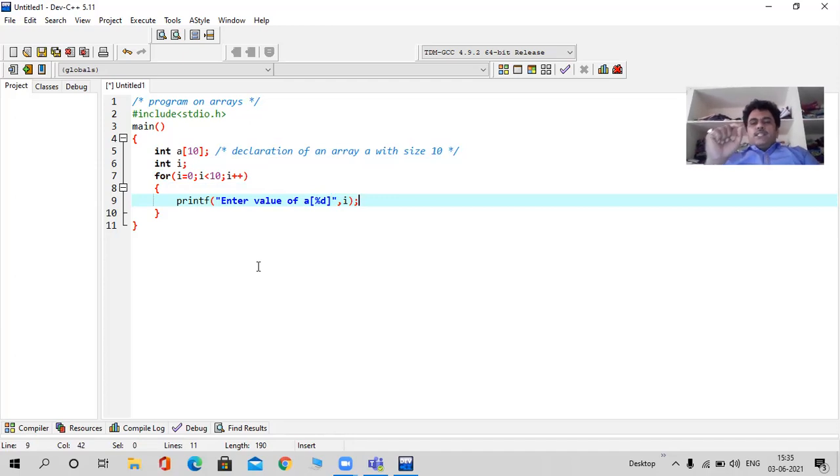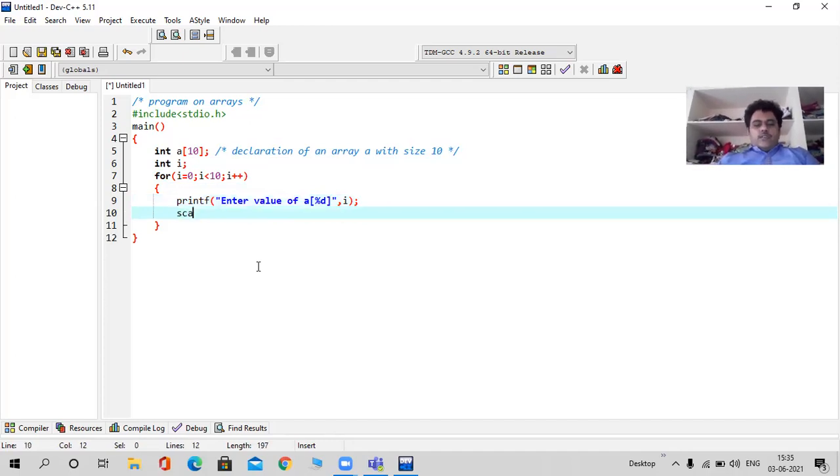So now what will happen? I will get a message: enter value of a of i, where i is 0, a of 0 value, a of 1 value, a of 2 value, a of 3 value, like that. So scanf, percentage d, comma ampersand a of